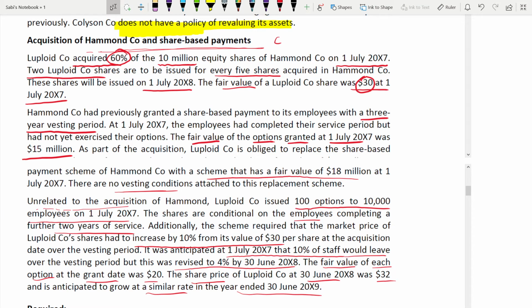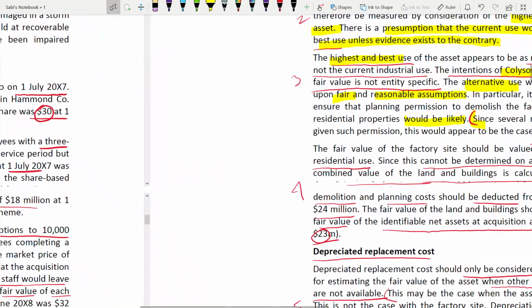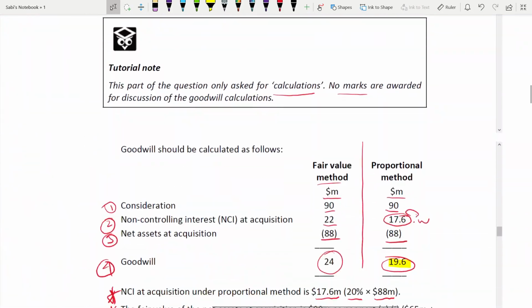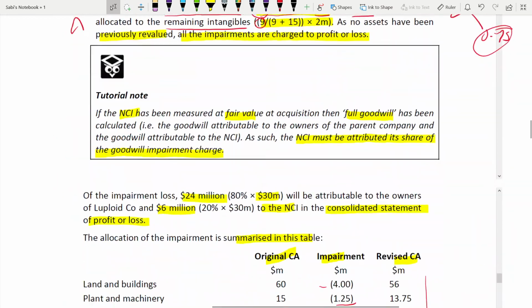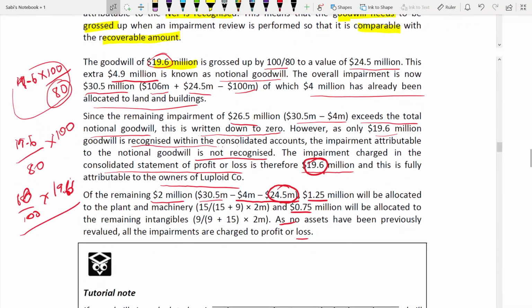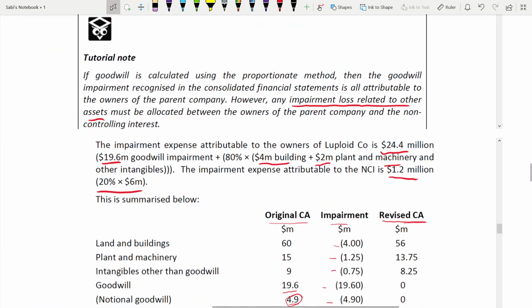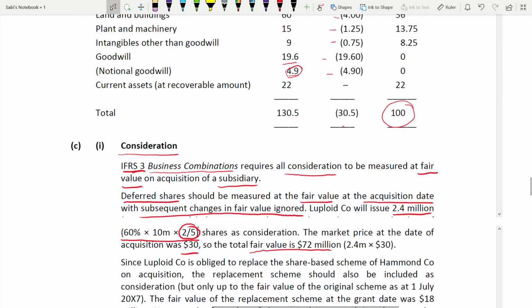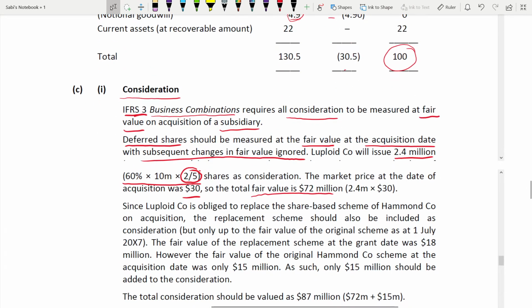This is only for the Luploid shares. Fair value you are taking 30. So once you have taken it, next comes,